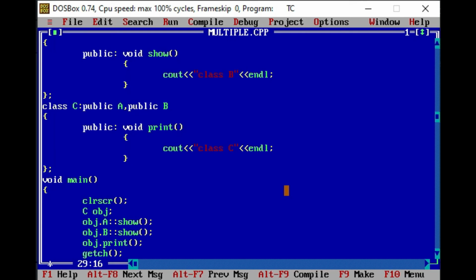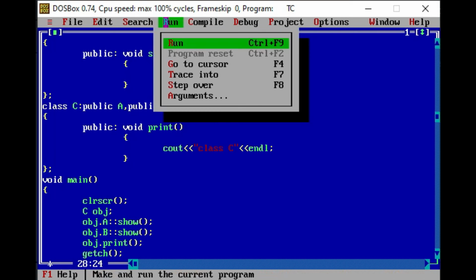So here I have called the show function two times, but once I have defined a scope, I need to call the show function that belongs to class A, then again the show function that belongs to class B. So now with the help of the scope resolution operator, we can define the scope of a particular function. So the compiler will understand which show function needs to be called.